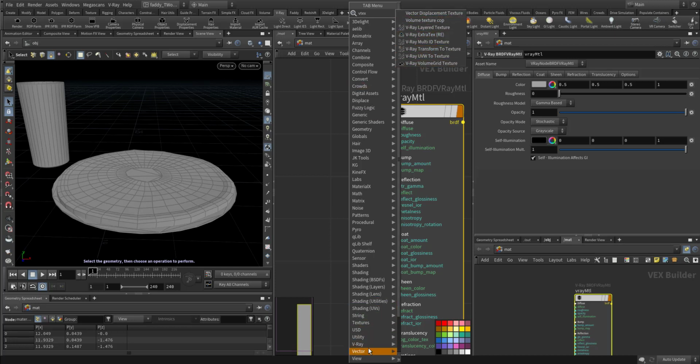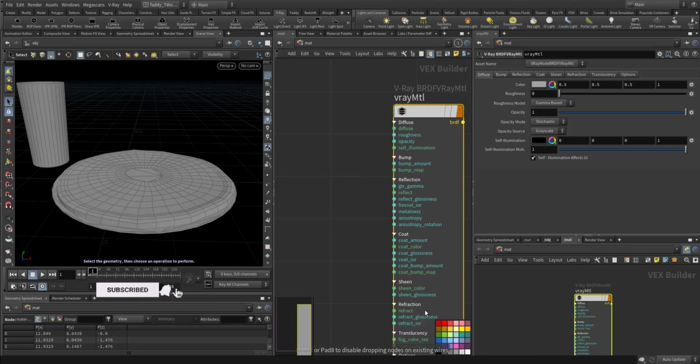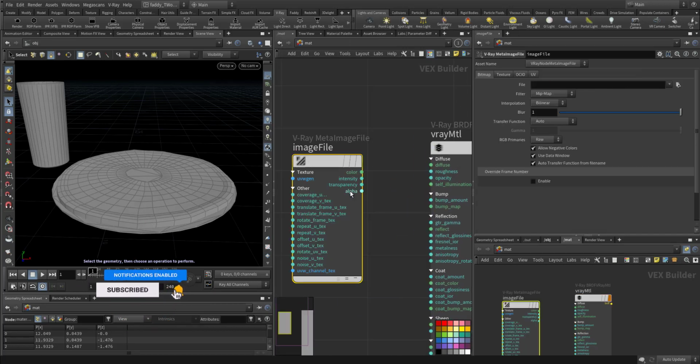No. So this is V-Ray file, V-Ray image file, and I will point out this texture color. Go to diffuse